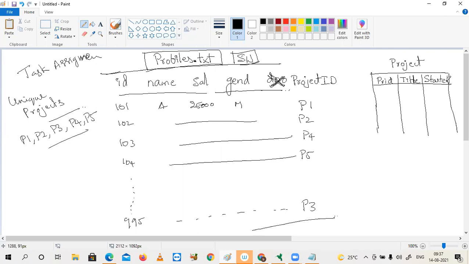Started or not. Suppose project P1, the title, some big data. Project started. That means think here some Boolean value. Started, not started.